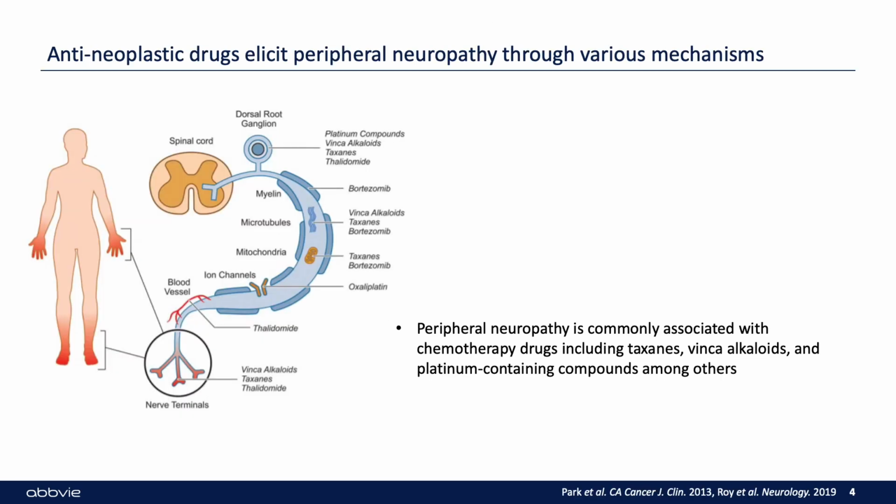Peripheral neuropathy is most commonly associated with anti-neoplastic drugs that act through various mechanisms. Shown here on the left are a few examples. In the mitochondria, oxidative stress associated with bortezomib, paclitaxel, and oxaliplatin can induce reactive oxygen species production, which can damage mitochondrial DNA. Cisplatin and oxaliplatin can also produce mitochondrial DNA adducts, and vincristine and oxaliplatin can also affect